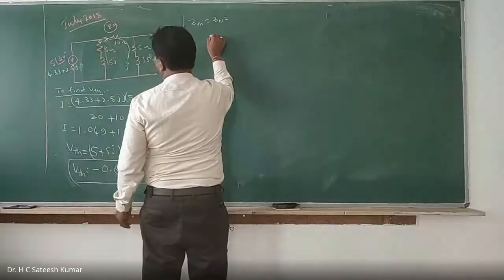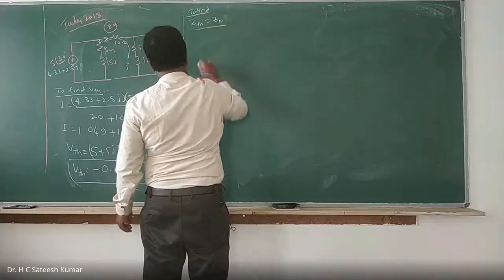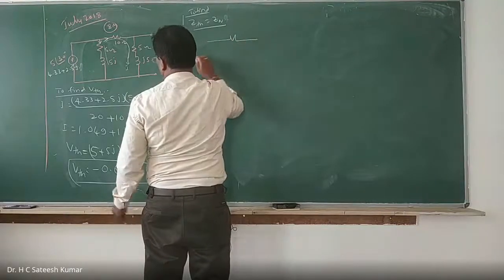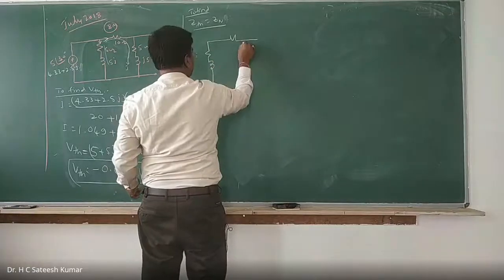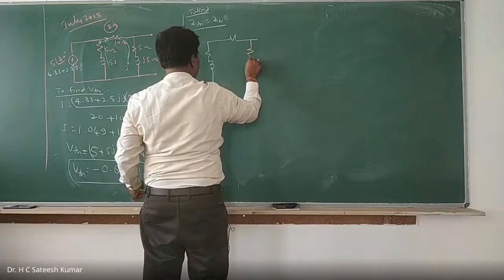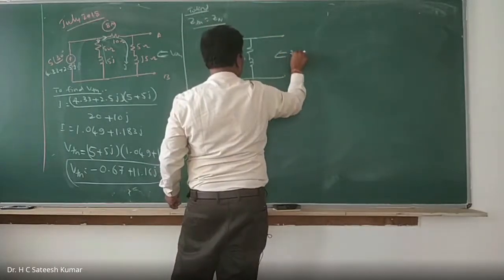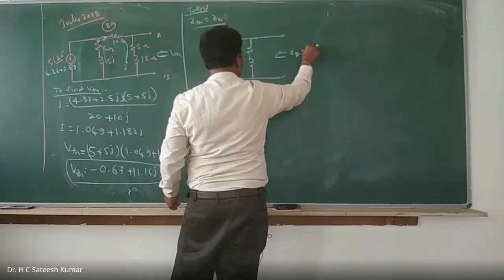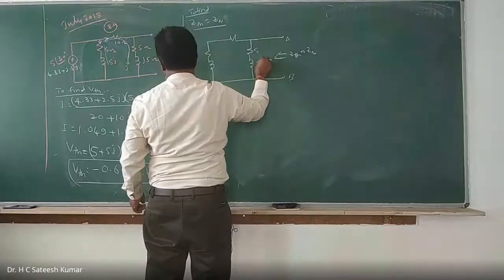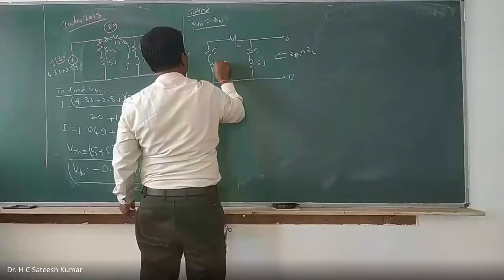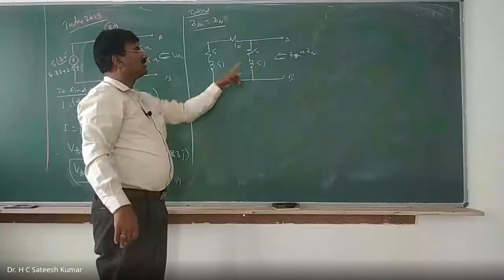Now I'll rewrite to find ZTH and Zn. Write down the circuit diagram. This will become open circuited. We have one resistor, inductance, one more resistor, inductance. Impedance seen from this side, we should be very much careful. ZTH or Z Norton: 5, 5J, 10, 5, 5J. When you are seeing from this side, these two will be in series and this is in parallel with that.